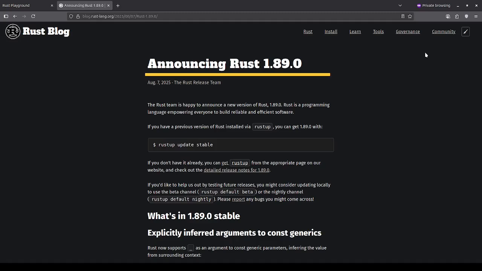I am your host, and today we are diving into a very exciting topic. The latest stable release of our favorite language, Rust 1.89.0. The Rust team is constantly pushing the boundary of performance, safety, and ergonomics. And this release is packed with some fantastic improvements that will make your life as a developer easier and your code